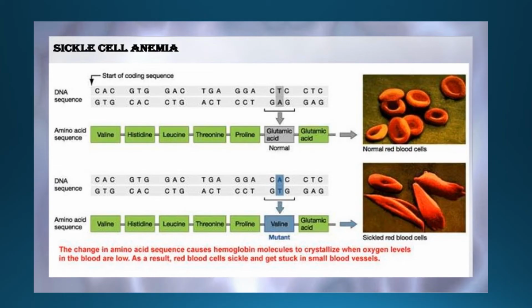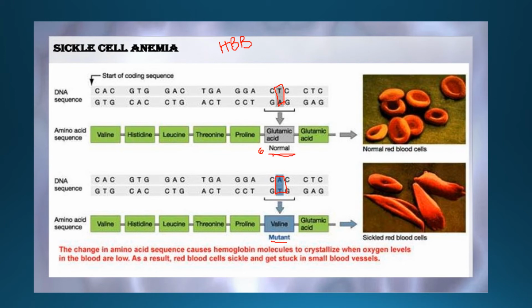Now, the next type of disease is sickle cell anemia. This is also an autosomal recessive disease, caused by a mutation in the HBB gene, which is responsible for synthesizing hemoglobin. The beta chain of this is mutated, where at the 6th position, instead of glutamic acid, valine is replaced. So here there is a mutation in a single nucleotide. This single nucleotide mutation, that is a point mutation, changes the entire quality of the chain. Instead of glutamic acid, valine is produced.